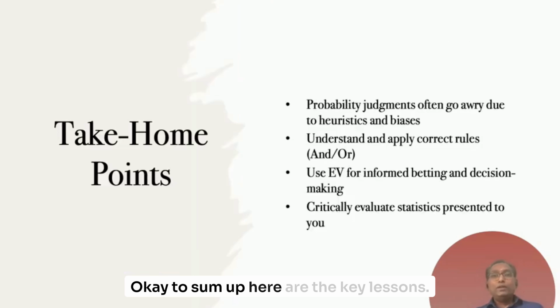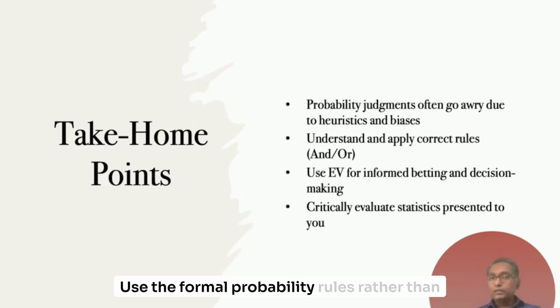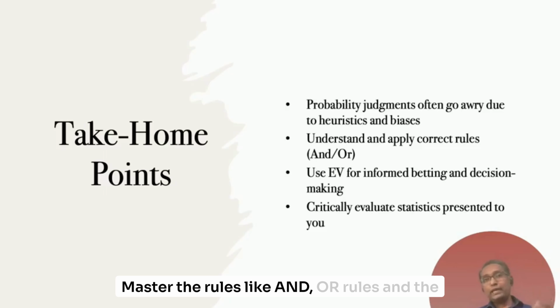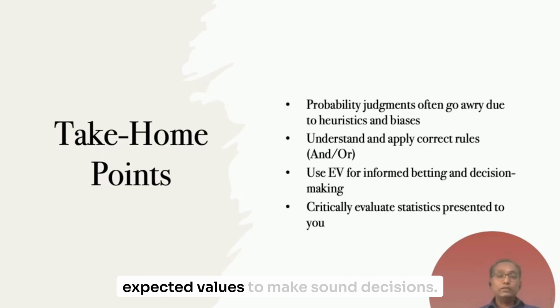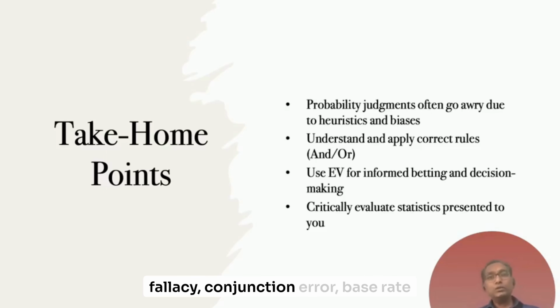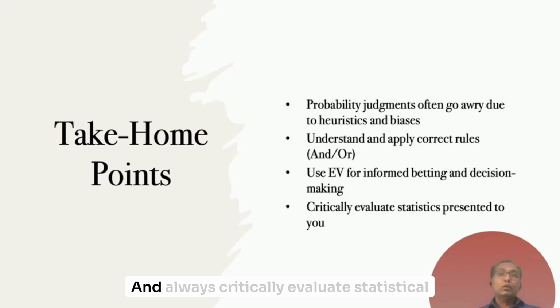Okay, to sum up, here are the key lessons. Use the formal probability rules rather than your gut feelings. Master the rules like the and, or rules, and the expected values to make sound decisions. Watch out for common fallacies like gambler's fallacy, conjunction error, base rate neglect, and always critically evaluate statistical claims and